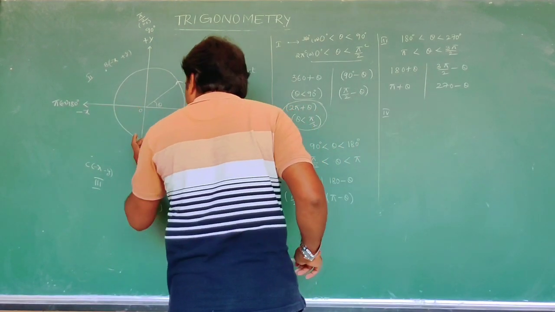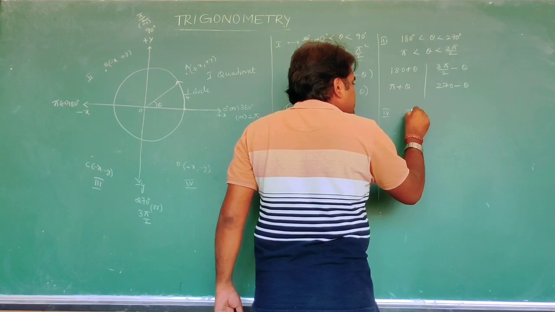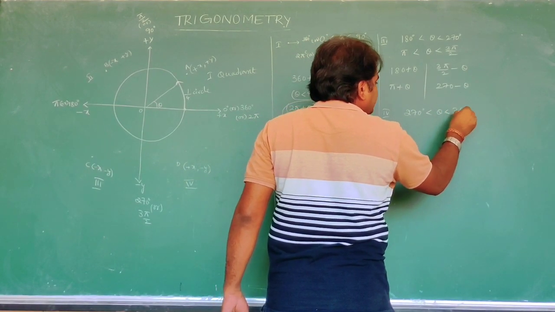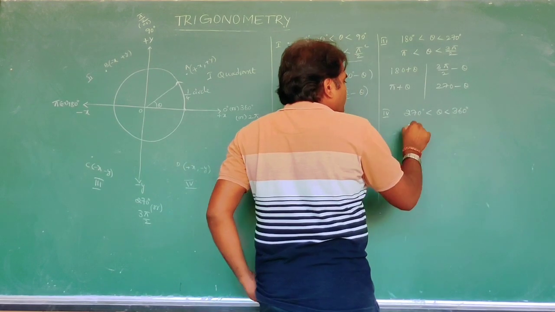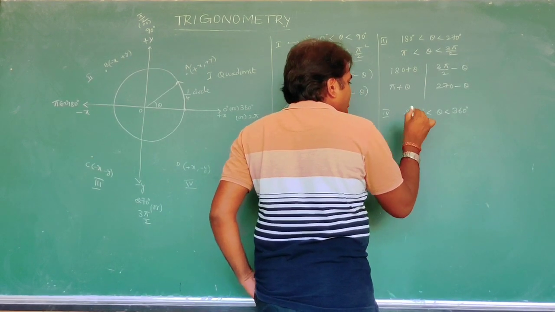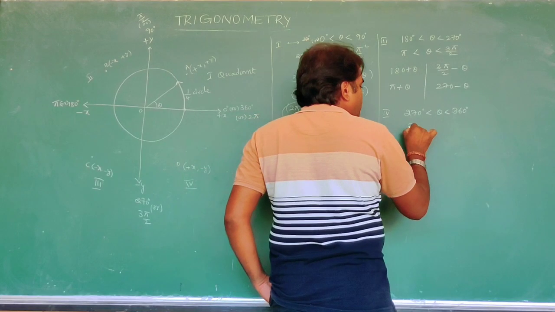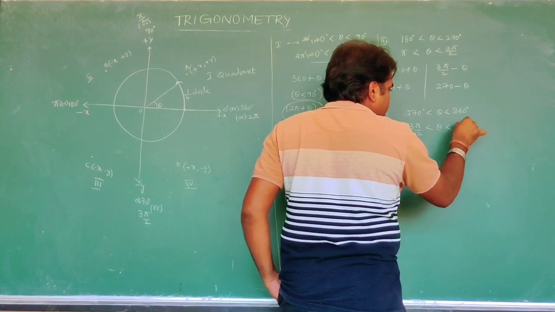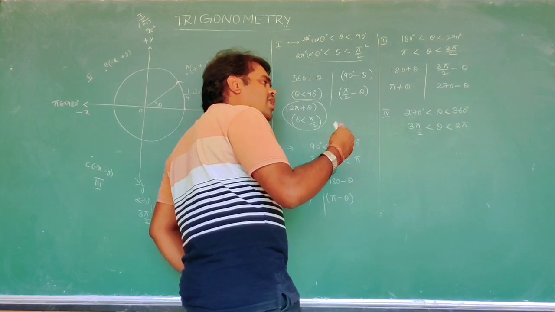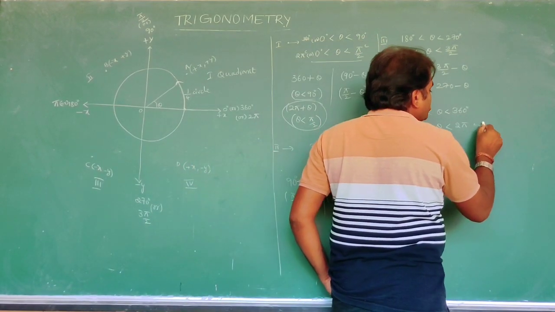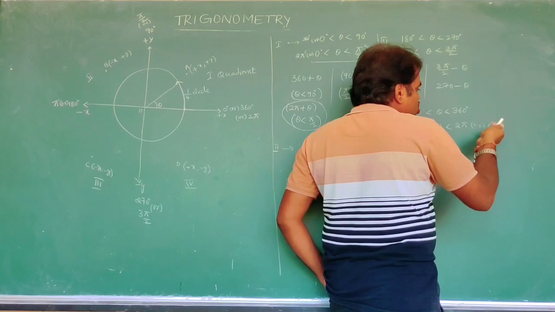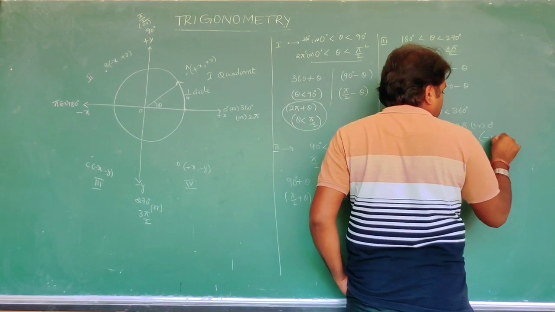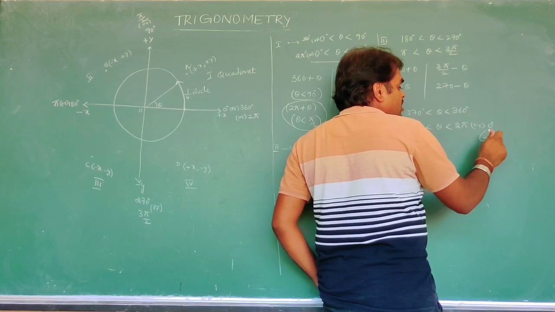Now we are going to discuss the fourth quadrant. In the fourth quadrant, 270 degree less than theta less than 360 degree. That is, 270 degree means 3 pi by 2 less than theta less than 2 pi, or less than 0. 0 less than 0 means a negative value. Keep this in your mind, it is very important. Next we discuss negative angles.